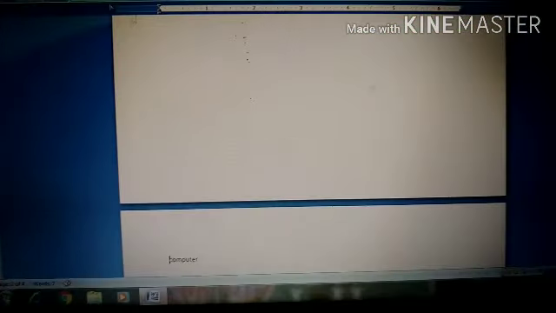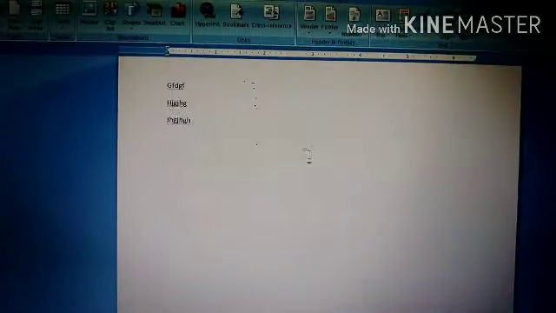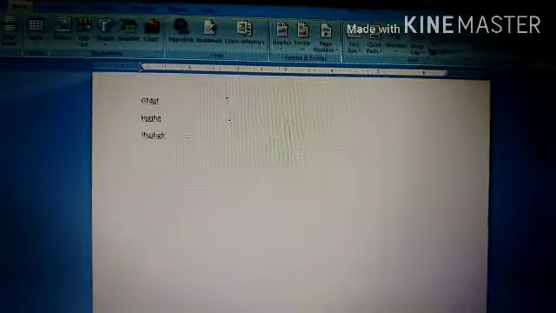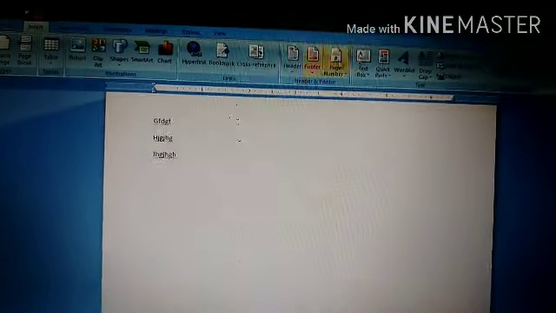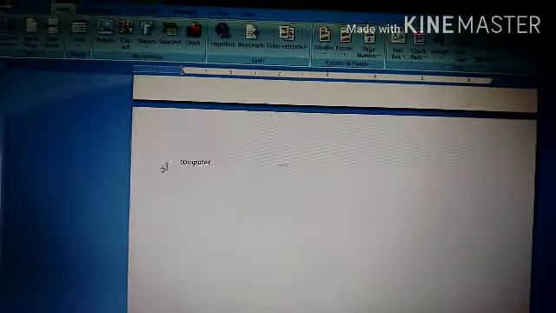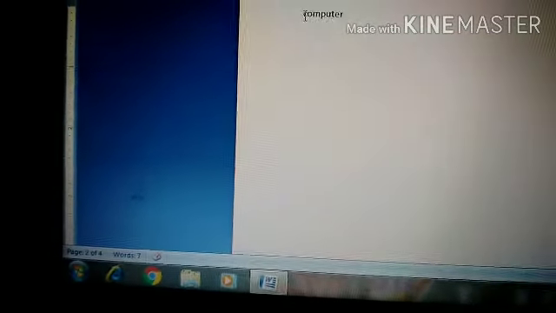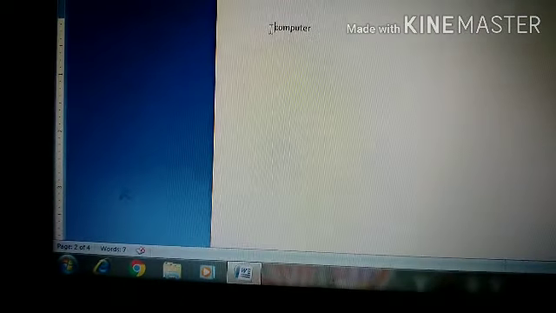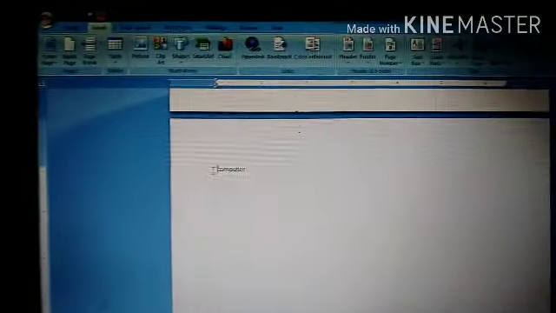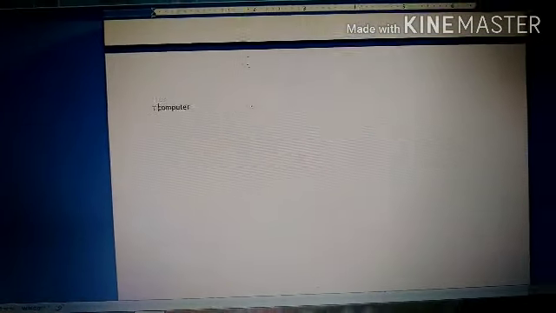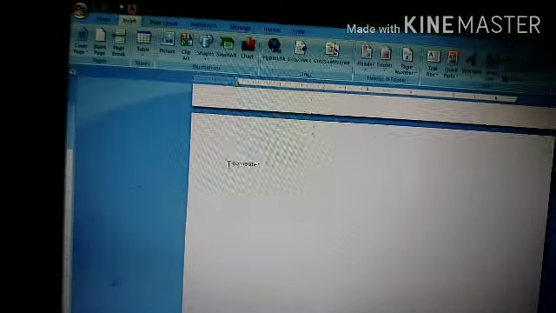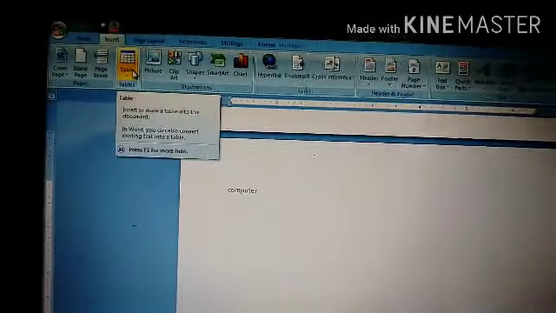Page break. You can see in the first page only 3 lines are there, but the line before which our cursor was is not available here on page number 1. Now let's go to page number 2. Yes, our cursor was before computer and this is page number 2 of 4. It has also inserted one more page and it is showing you that your document is now at page number 2.